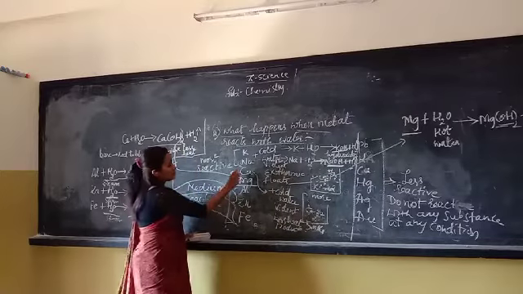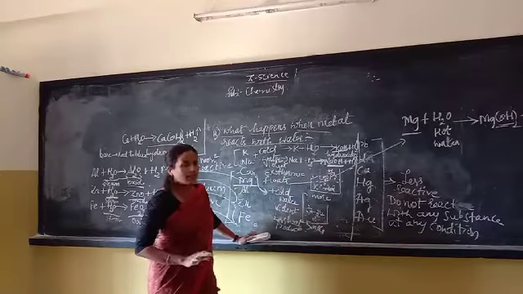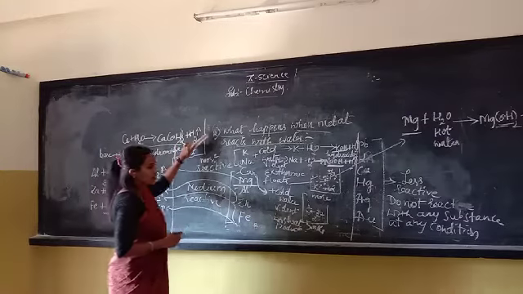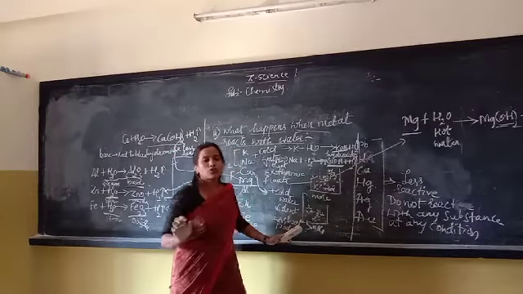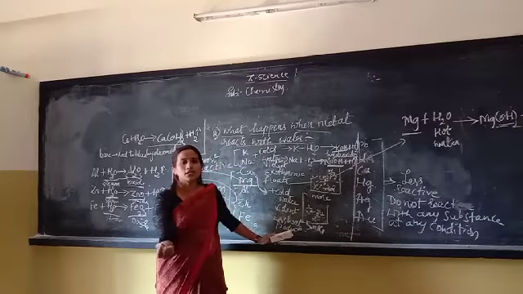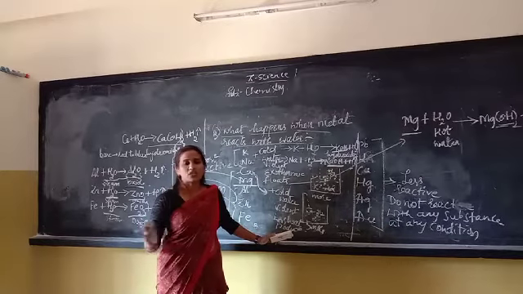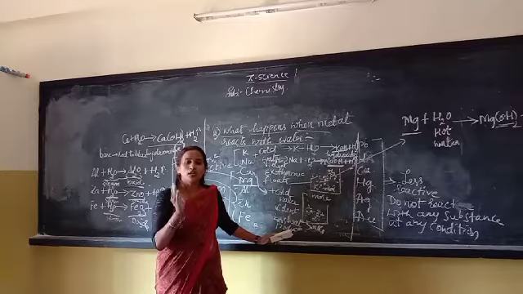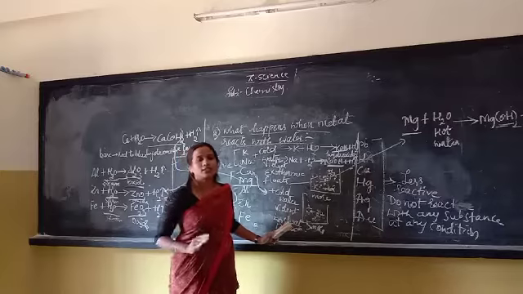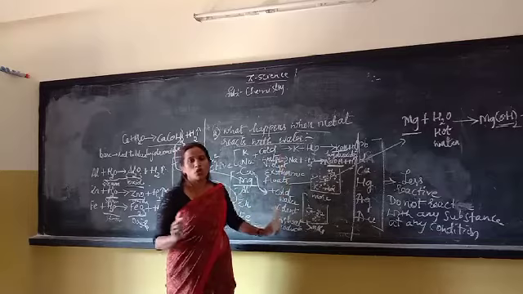Next, the calcium. Again, when compared to these two, this is a less reactive metal. Of course, it gives the products calcium hydroxide and hydrogen gas. But it does not catch fire, because the calcium sinks in the water, then it starts producing hydrogen. Because of less heat, it does not catch fire. Because for a combustion reaction to take place, we need oxygen and heat. When both are there, it catches fire, but calcium does not.